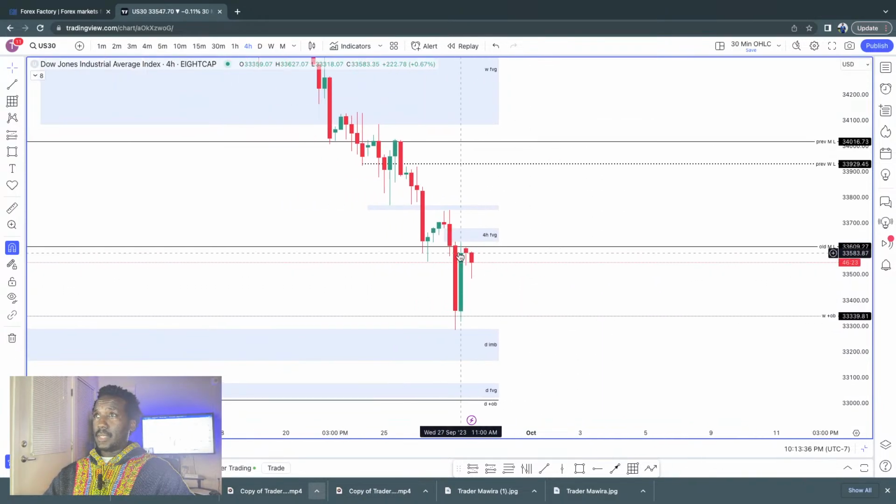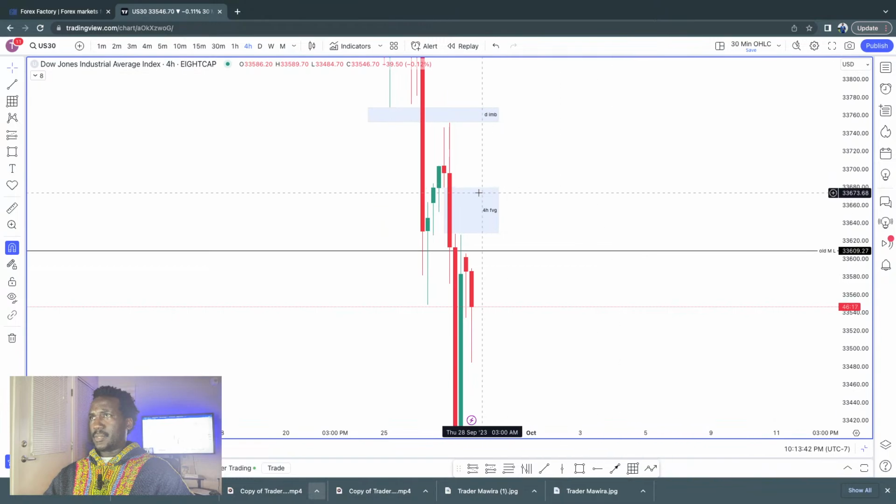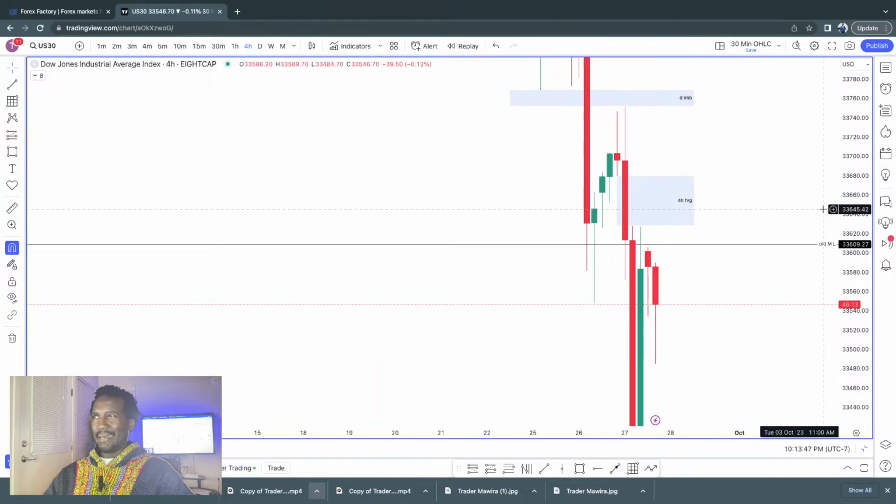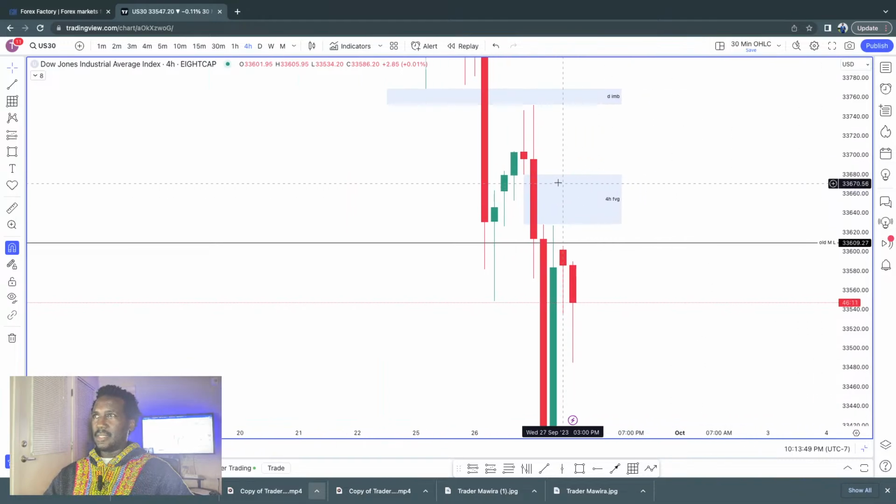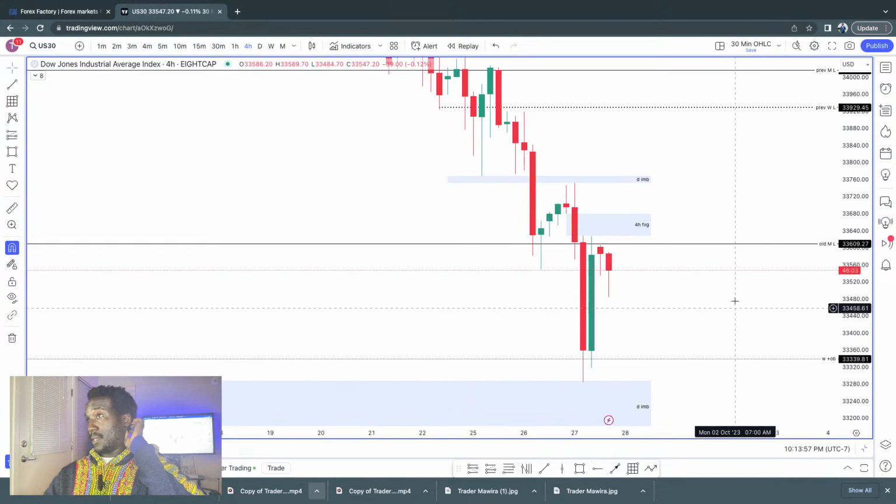It is also paired with this up candle, which is a 4 hour order block, right? But I don't need to mark it because you can see the high of that 4 hour, which is the premium high of this imbalance, is just right there where that open price is, where we would mark that as the 4 hour order block. So I don't need to put that, right? And